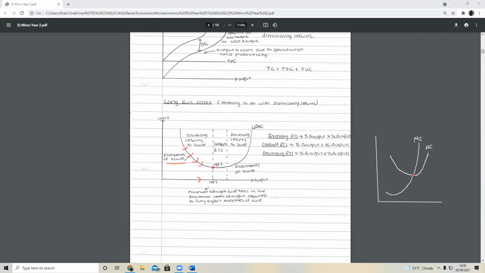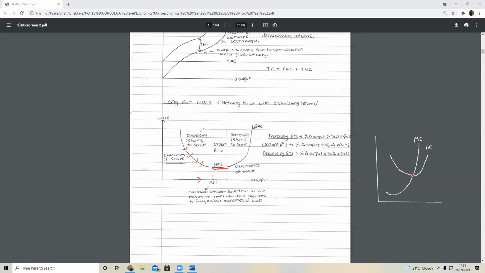So again, economies of scale is literally just as you produce more, you're lowering your costs. The opposite of that is diseconomies of scale: as you produce more, you're increasing your costs. Once we reach the MES, we also have something called constant returns to scale. This section between the two dotted lines is where we're at the MES for a period of time where it's constant. It's like a bucket shape. So we call it constant returns to scale, or RTS for short.